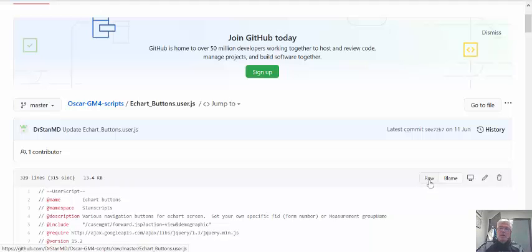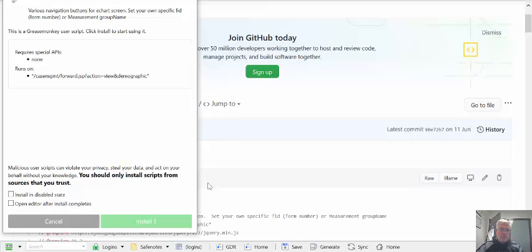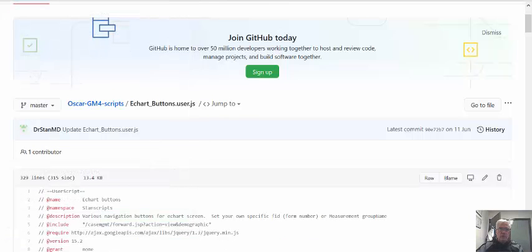Now, I already have this script installed, but if I didn't, I would click on Raw, and this window pops up, and there's an install button that shows up after a few seconds, and you would click on Install, and that would install that script into your Firefox. Once you've got that installed,